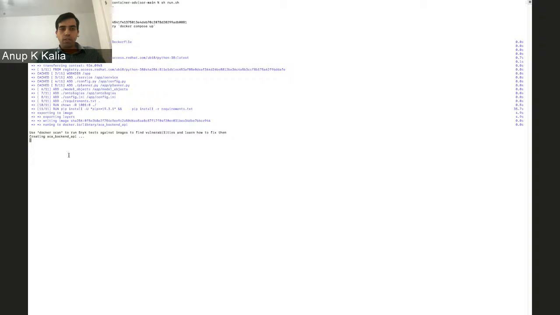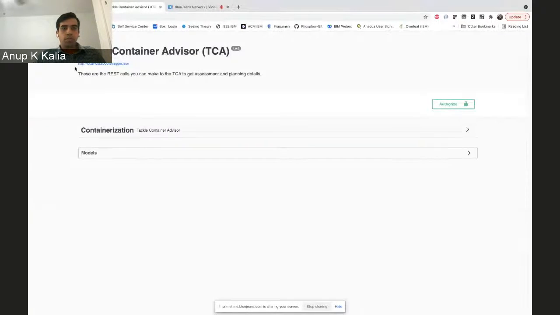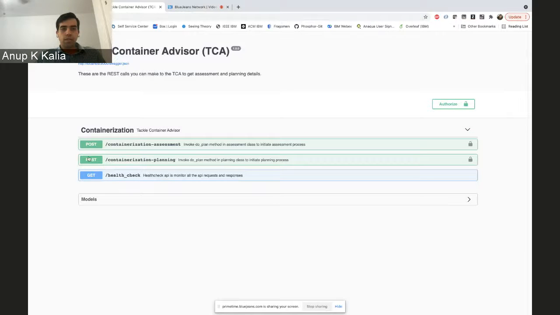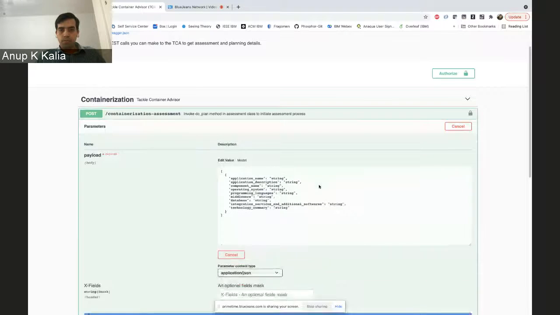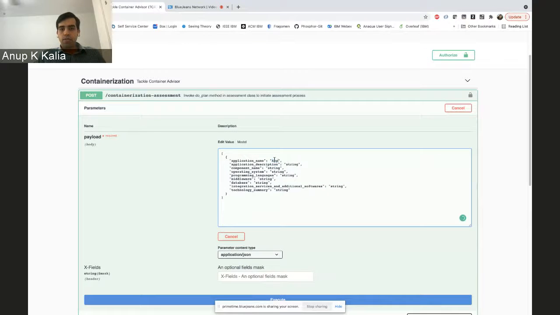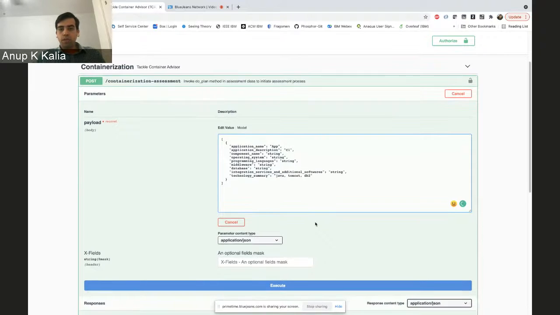So now, once it's almost done. So yeah, cool, that is done. Let me refresh this. So this is our Tackle Container Advisor. It has 3 APIs. The first part is containerization assessment. Let me give you an application. For example, you can give individual components, or you can write everything together. For example, here I can write Tomcat db2,